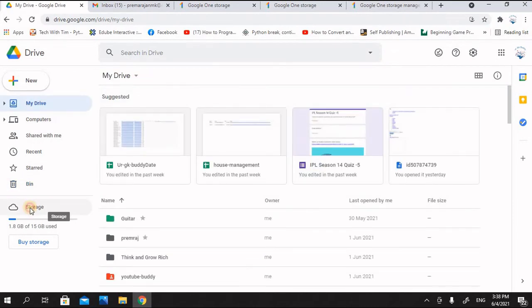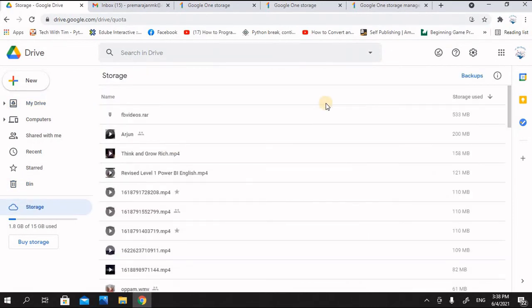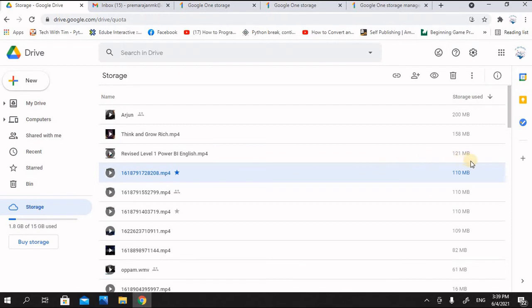Now if I click on the storage, it will give me a listing of the files according to file size. Now I can review the files, whether I have reason to hold it or I can remove it. The first file, I will select it and delete it. I don't need it. This video also I will delete, which has got 110 MB, which I don't require.